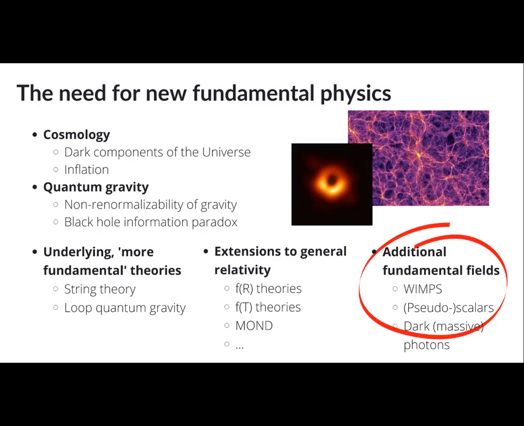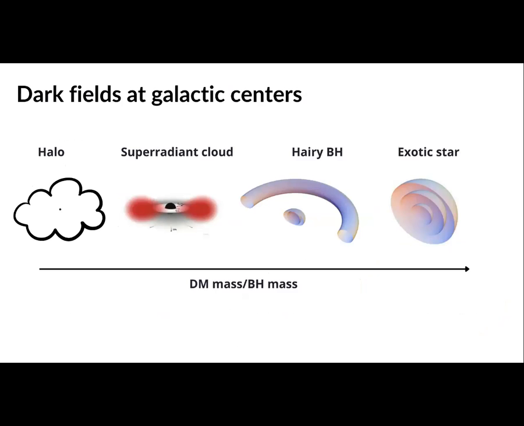This is in particular relevant for the Event Horizon Telescope and the ngEHT, not only because it is exploring a regime of gravity that was not explored before, but also because precisely in this regime of strong gravity, some of the most important effects connected with this extension are expected to take place. So here, this diagram is not very rigorous, but I want to present you some cases of what can happen in the galactic center, when some of these extra fields start to interact with the central black hole.